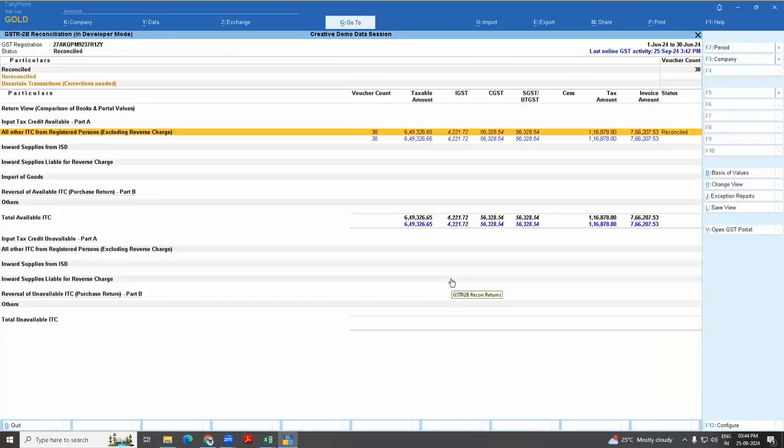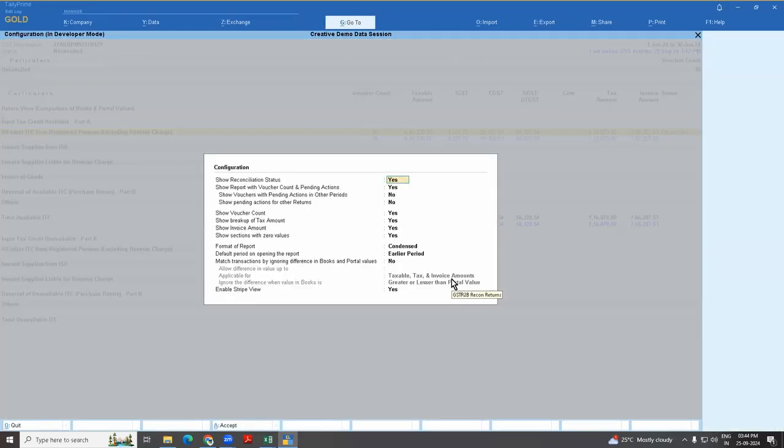First you have to put here F12 on that GST return. Okay, and enable which features you want to see. Suppose you want to see tax breakup, enable it. You want to see voucher count, enable it. Everything you want to see, because the method of